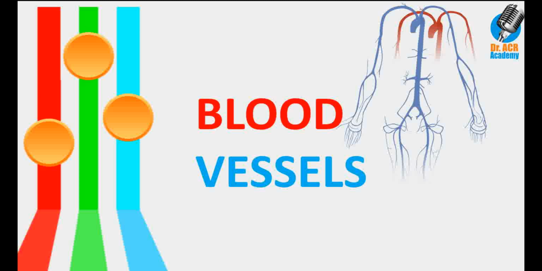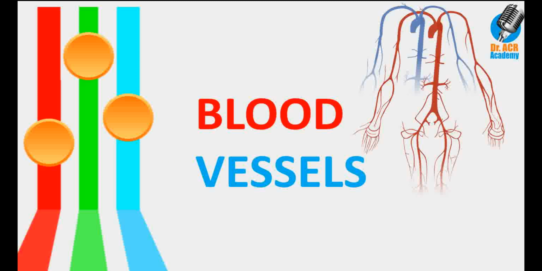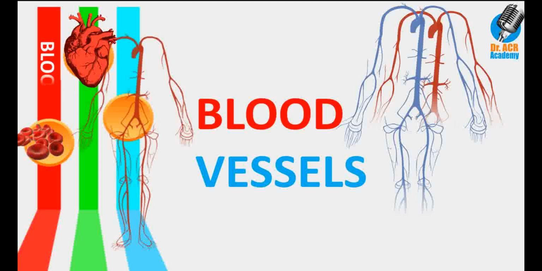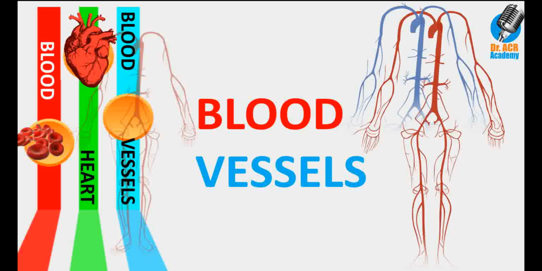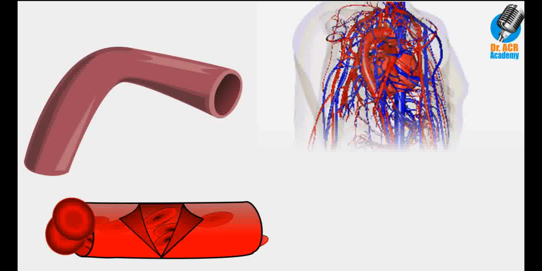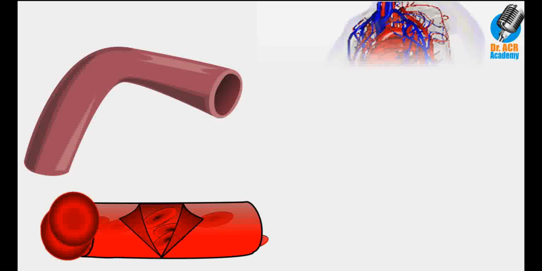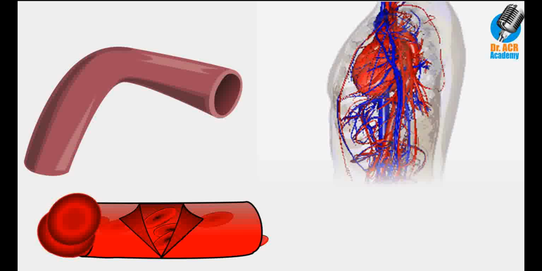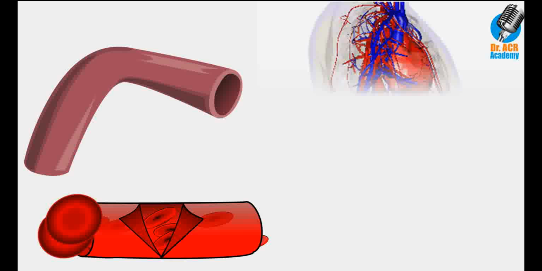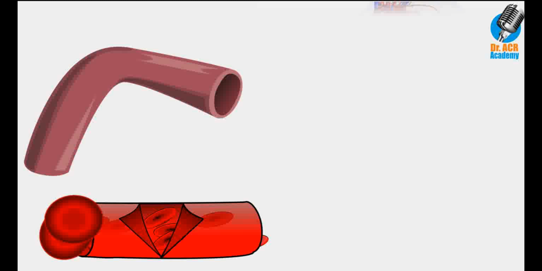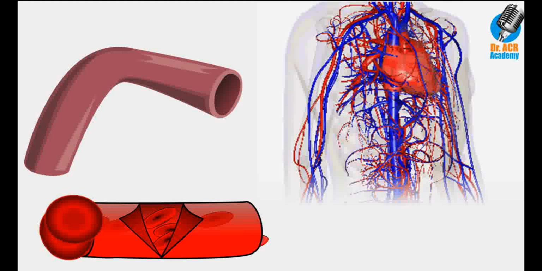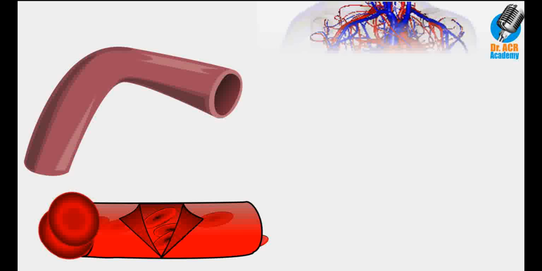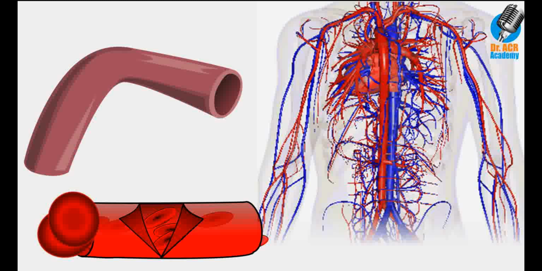Another important component is the blood vessels. The general meaning of vessel is a tube or a canal that carries fluid or liquid in an animal or even in the case of plants. Here, in the present discussion, the vessels are the blood vessels present in animals. These blood vessels carry blood in humans and even in some other animals.